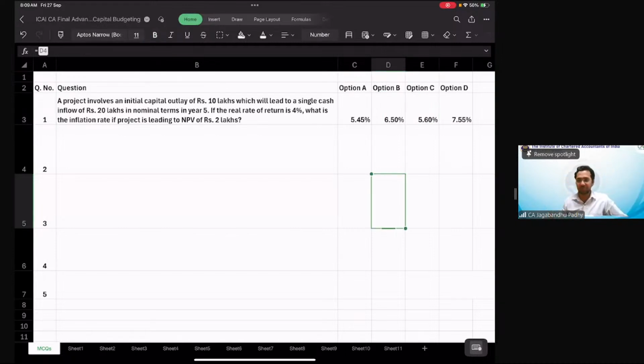Okay, let me solve this for you. It's quite a tricky question. So it says the project involves an initial capital outlay of 10 lakhs. So we're going to invest 10 lakhs, which will give you a single cash flow of 20 lakhs in nominal terms in year 5. If the real rate of return is 4%, what is the inflation rate if the project leads to an NPV of 2 lakhs? Okay, so if this is the situation, we can simply say